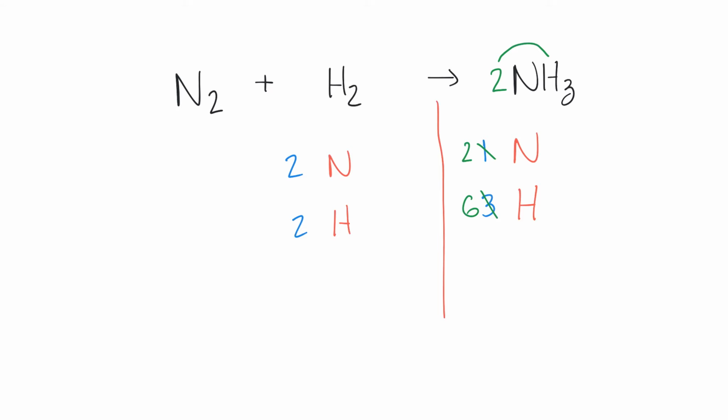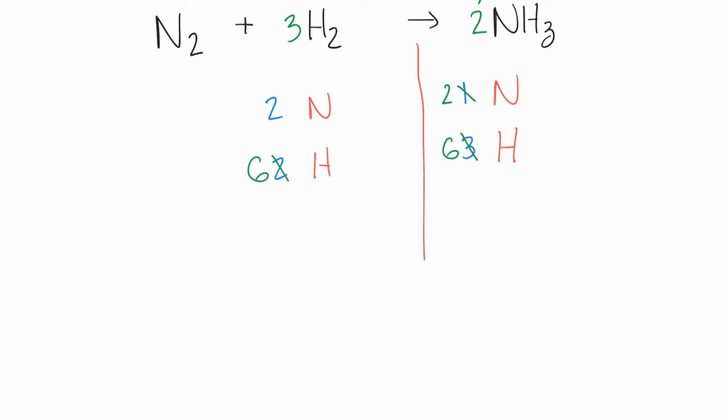Well, over here on the left, I have 2 nitrogen, so these are balanced, but my hydrogen is not, I only have 2. Well, if I double this, I'll have 4, but if I triple it, I will have 6, and that will give me a balanced reaction. Okay? This is pretty much how this keeps going. They can get complicated, and you can have multiple different